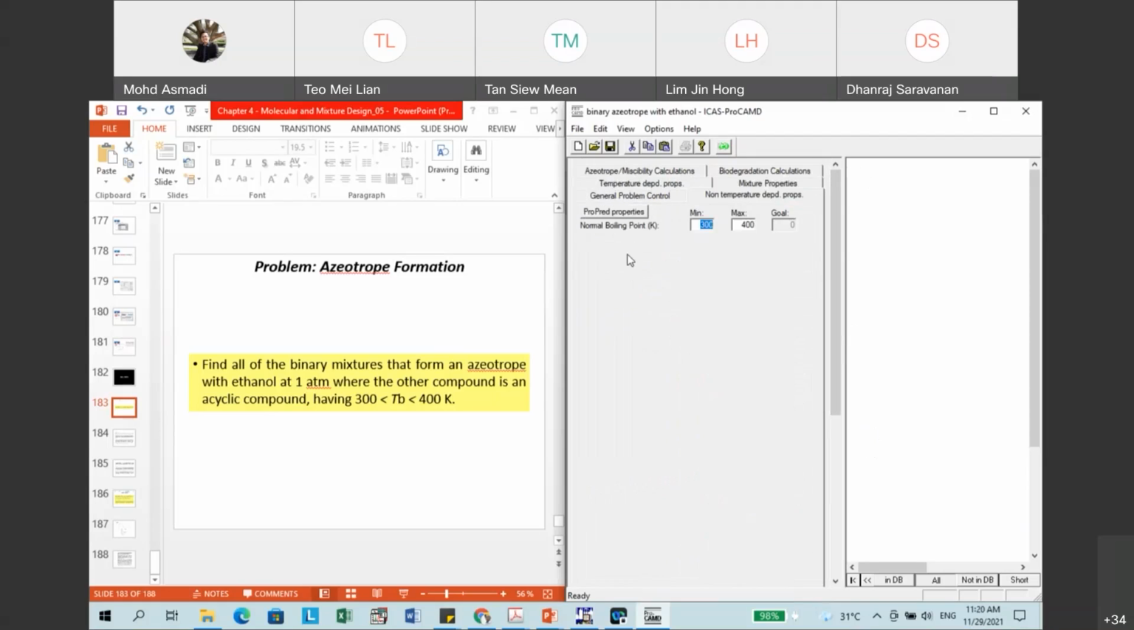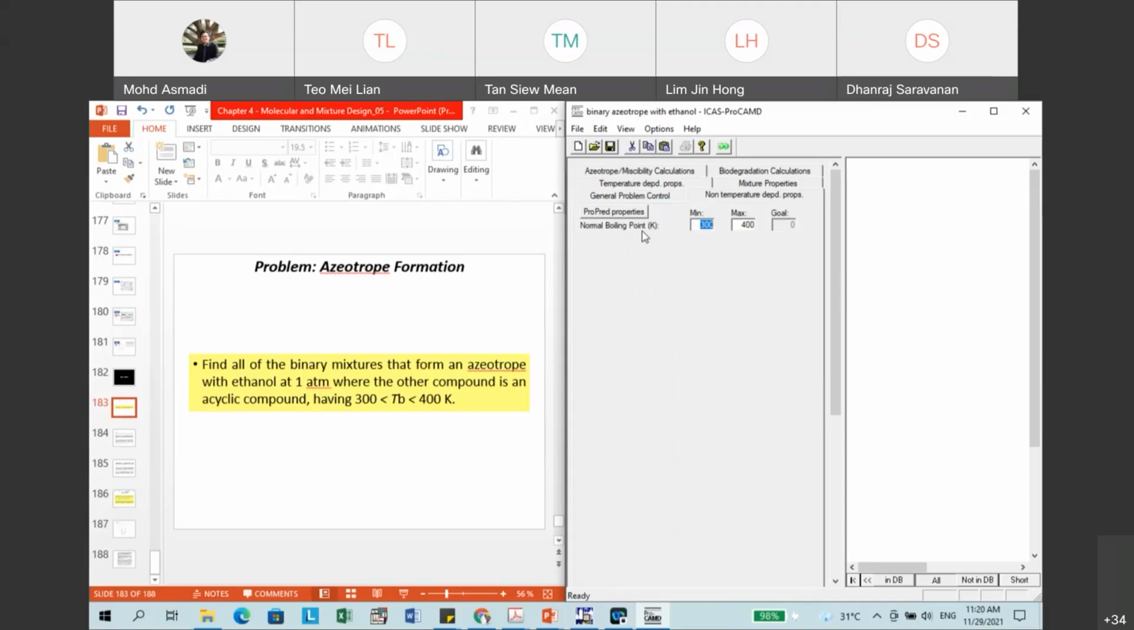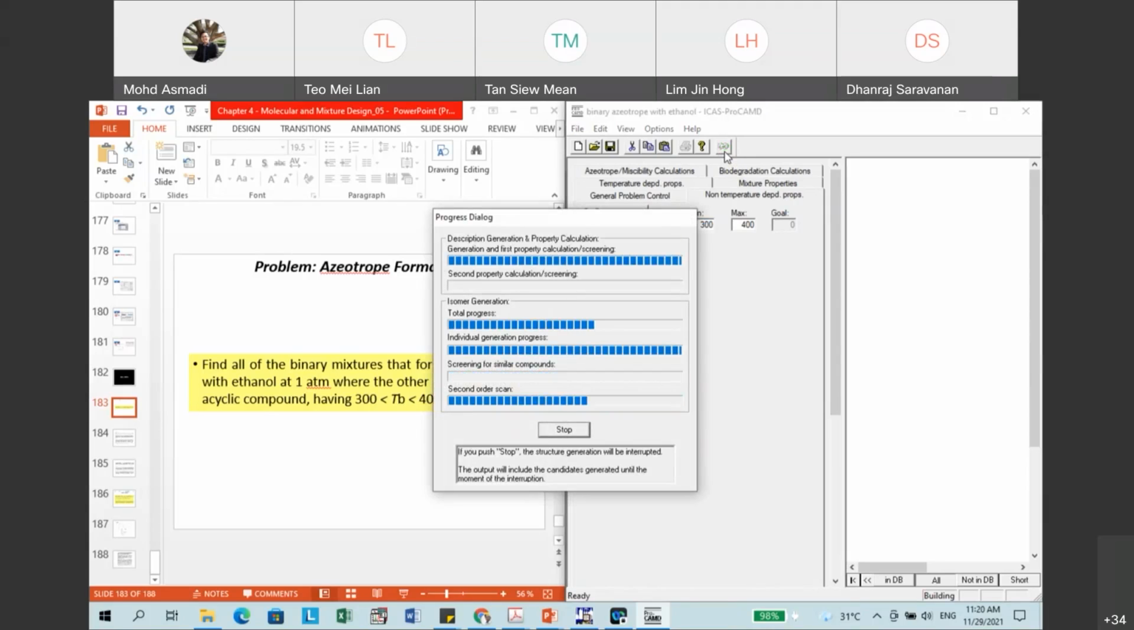So if you look at here, just right click. Okay, so you can set a normal boiling point. It's stated that 300 to 400 Kelvin, right? So minimum and maximum. Okay, it is within the range, 300 to 400. If more than 300, you can untick this maximum. If in the range, so just 300 to 400, just tick this maximum. Okay, so after that you click this one, the green color, run, so that we can generate the structure, the